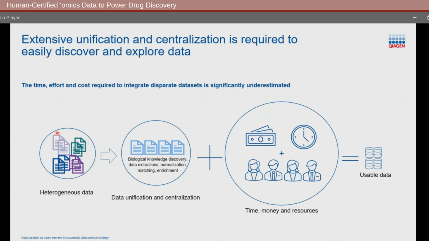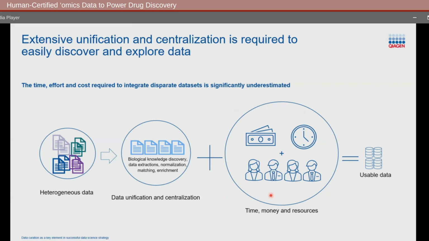These data sets come from large consortium projects like TCGA, GTEx, Human Cell Landscape, as well as from thousands of data sets related to individual published works to be found in ArrayExpress, GEO, and SRA. You also may have internal data sets that can shed light. A key problem is that these data sets must be discovered, unified, and centralized to harness the value of the larger data set for meta-analysis, which uses significant time, money, and resources.